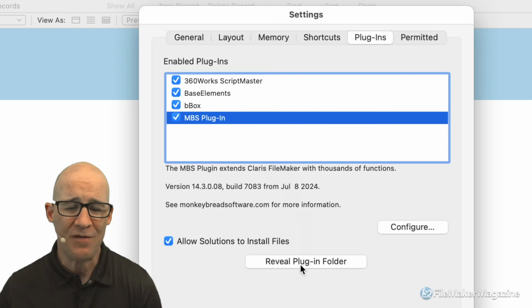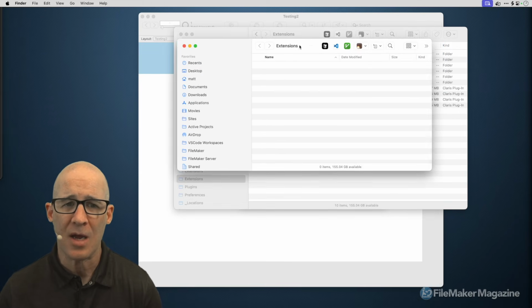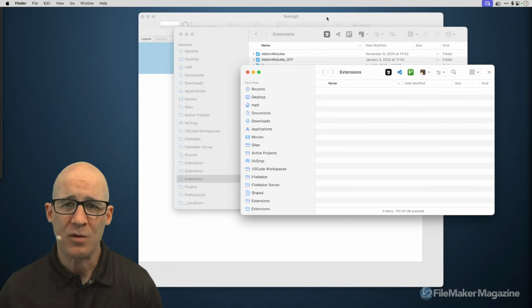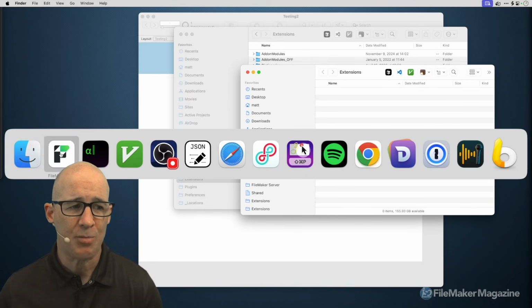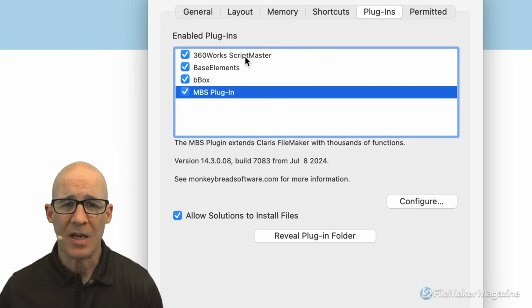We have a reveal plugin folder. This was added, I forget at what point in time, but you can see that when I click that, that is a very confusing thing right there. If I switch back to FileMaker, I am clearly listing that I have